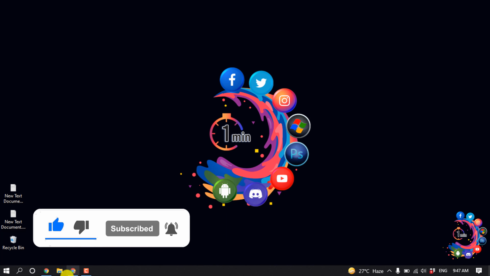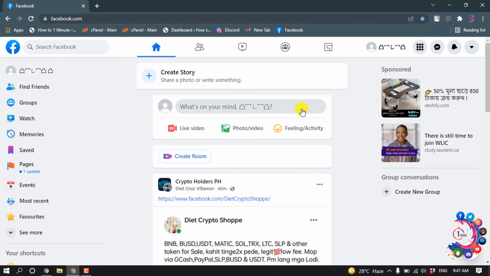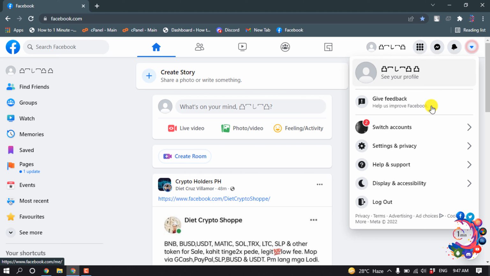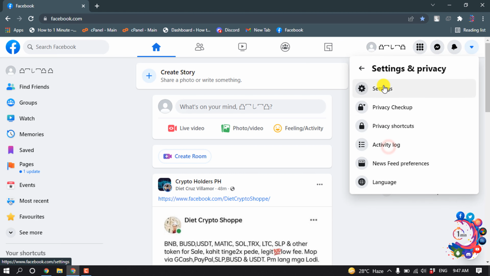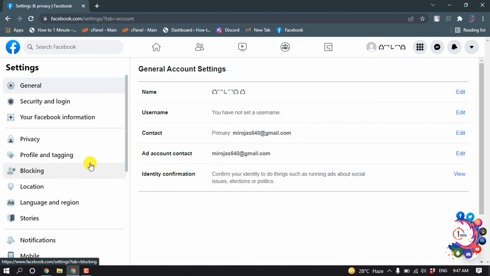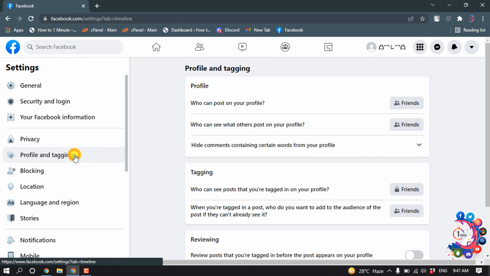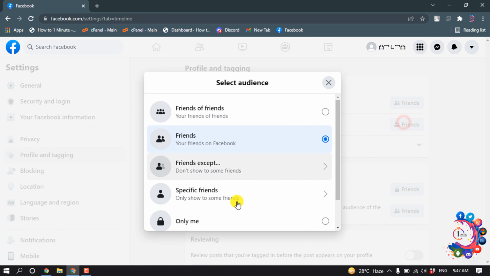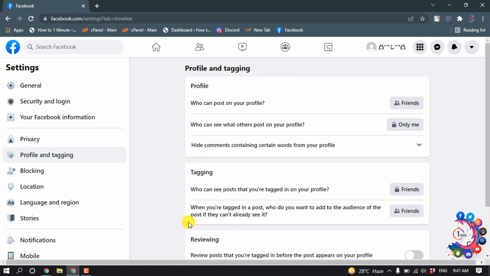So first of all, open your Facebook and click on settings and privacy and go to settings, and now click on profile and tagging, and here you will get this option, who can see what others post on your profile. Click here and select only me, and